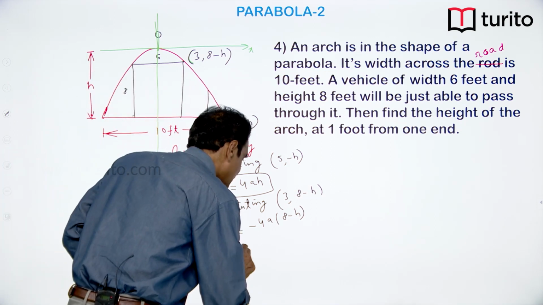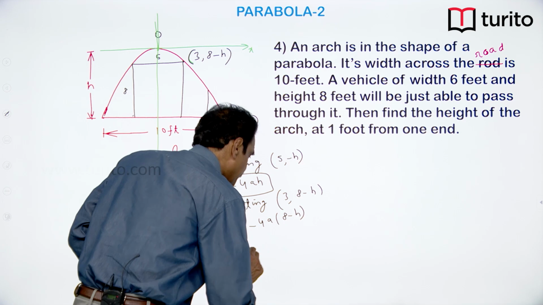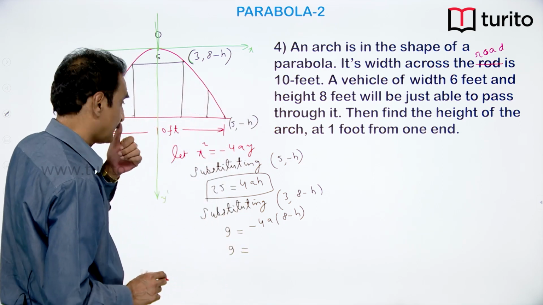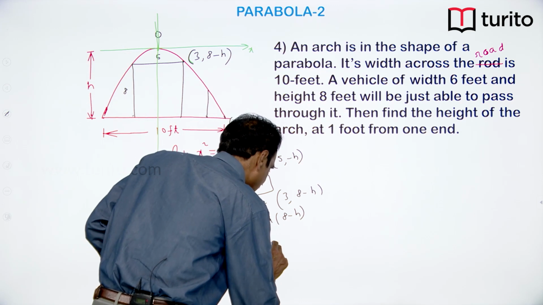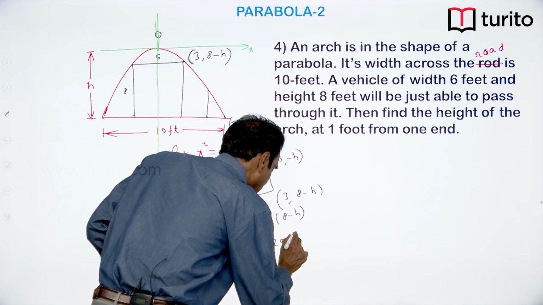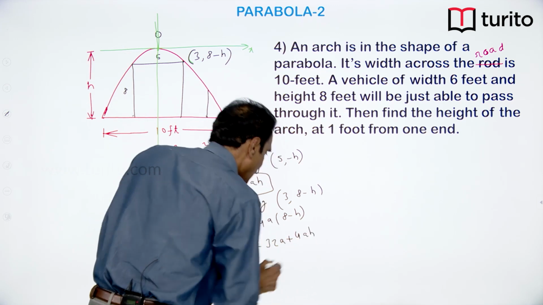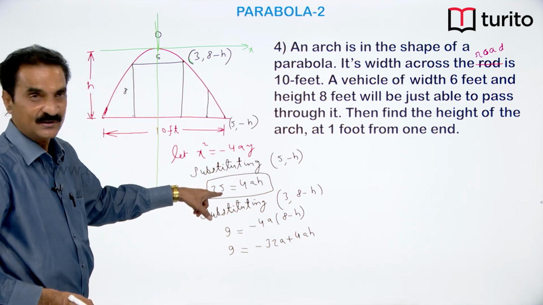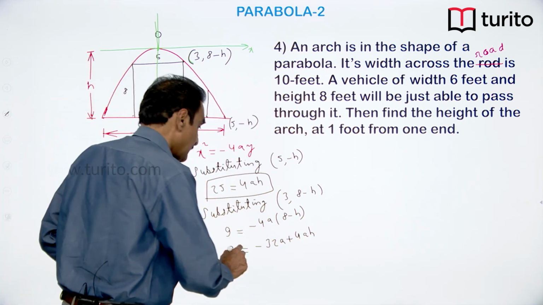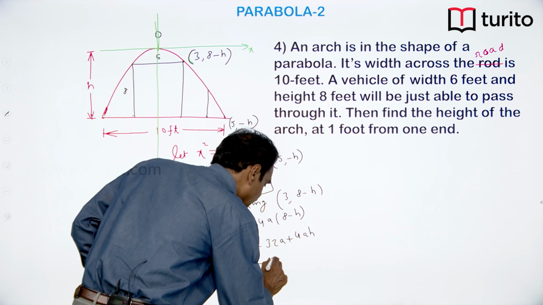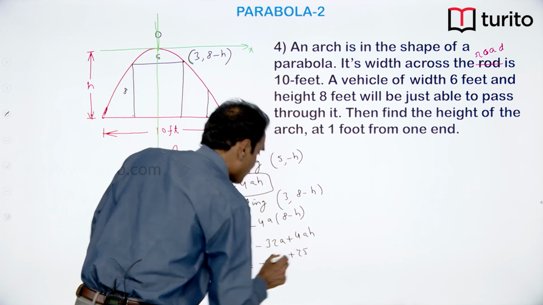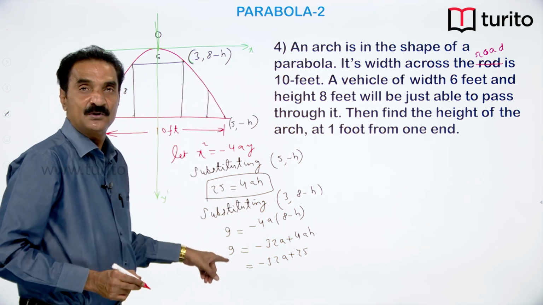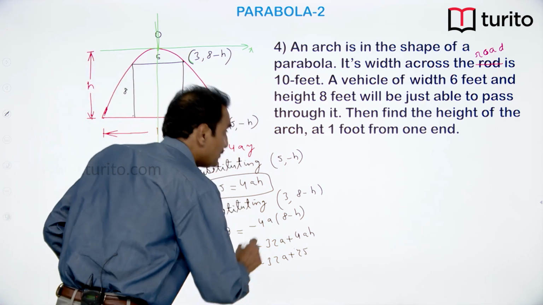It is 9 is equal to minus 32a plus 4ah. Already we have calculated 4ah, substitute it. It is minus 32a plus 25. 4ah is 25, no? So we will get 32a is equal to